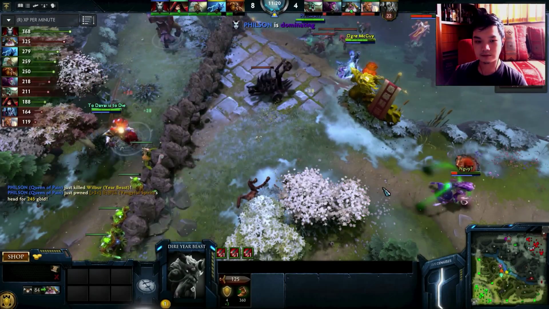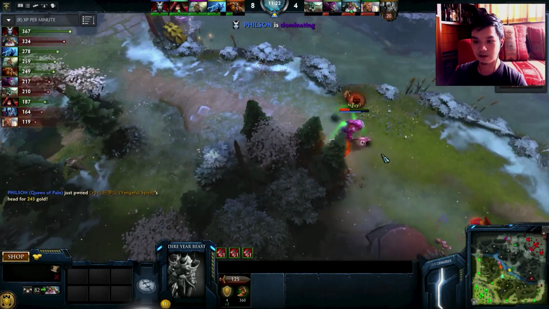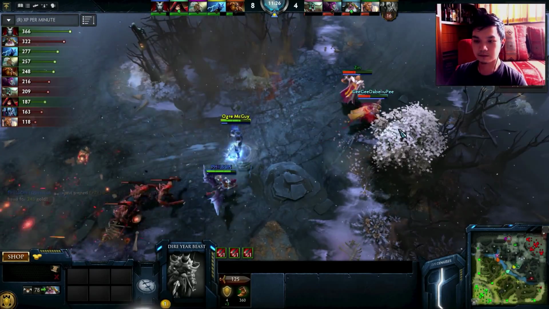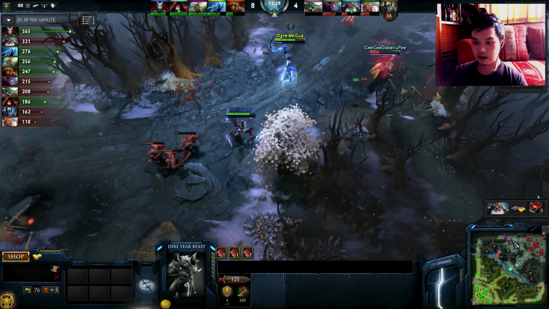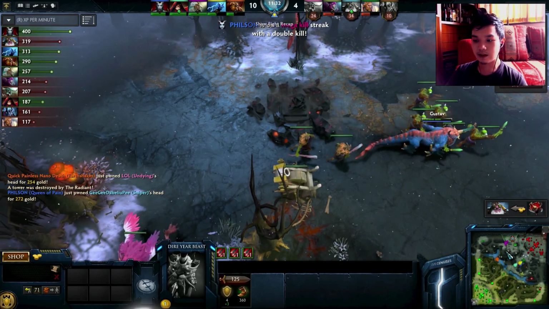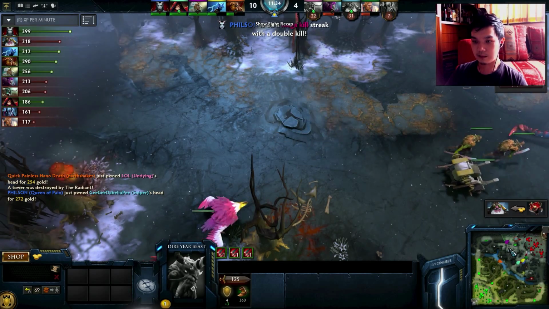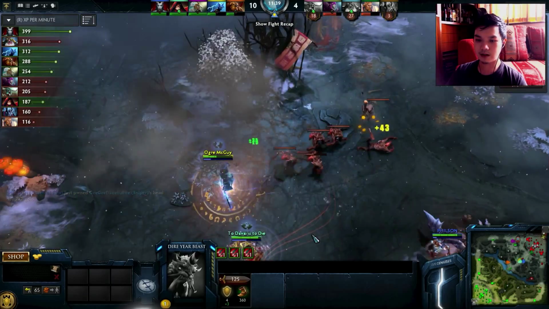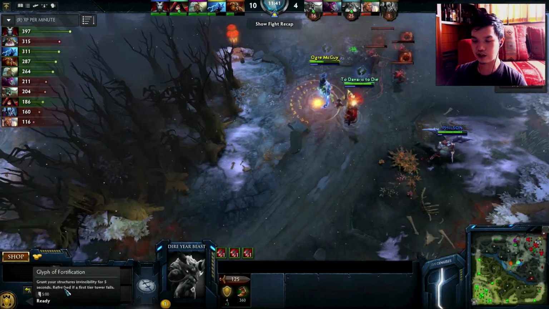Fairly strong. Queen of Pain gets a kill on the Year Beast, on Vengeful. Dazzle gets away. He should have died, in my opinion. But all this is happening, and I take tier 2 top. Just like that. I mean, Undying dies. I think there's a lot of emphasis on AoE burst damage and clashing power, which is